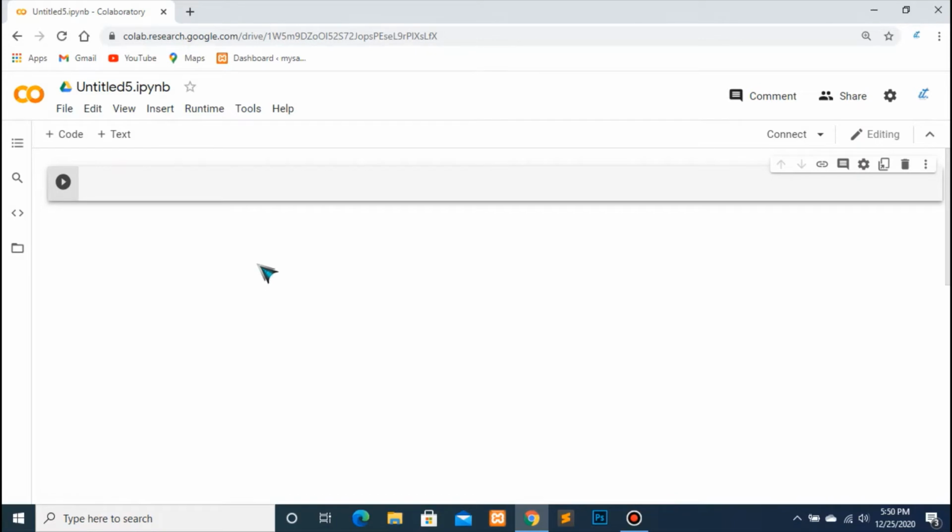Here the first task that you have to do is to change the name of your file. Try to give it a name that is more suitable to the work that you are going to perform in this notebook. So it will become very easy for you in the future whenever you want to see what you have done in this notebook. Okay, so here I am implementing the print function, so I will give it a name as print function.